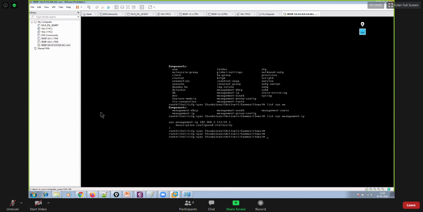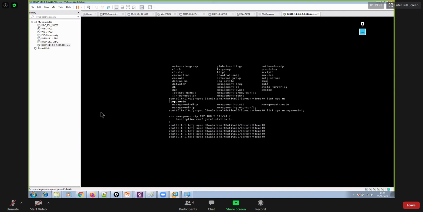So the IP address is configured statically, but instead of it, I have to make sure that it gets an IP address dynamically from the DHCP server. Then only our system will be able to communicate with the internet, right? So I'm just skipping that command, and probably we did it before, Rahul. So if you have that command with you, please do let me know.